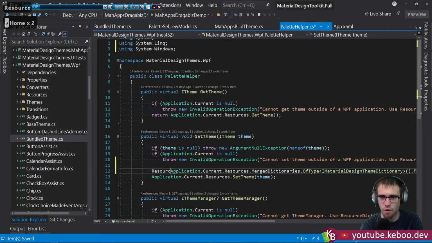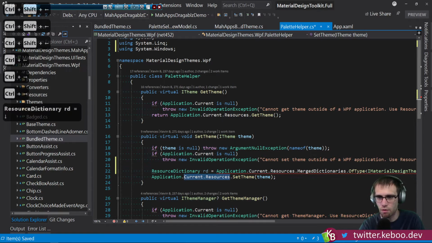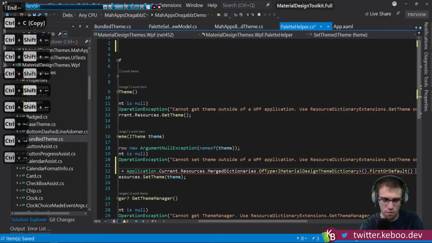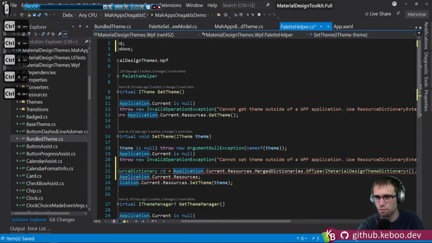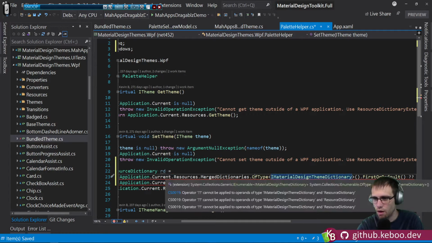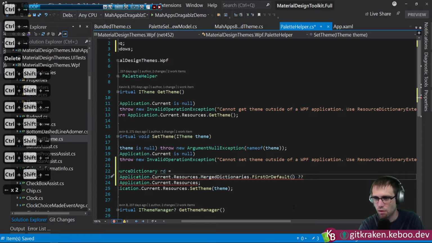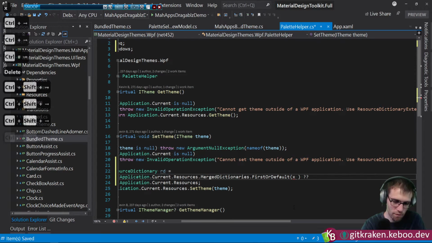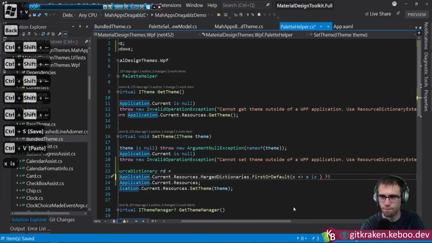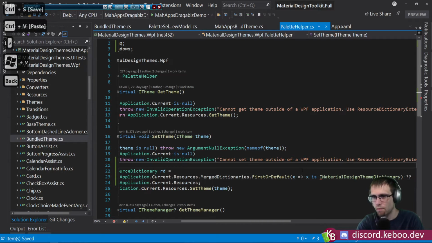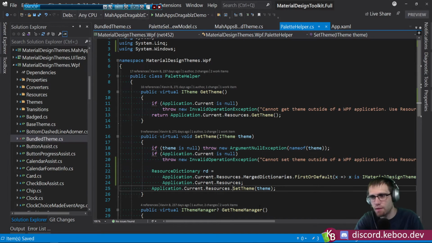Let's see. Resource dictionary. And then we are going to do one of these maneuvers. I guess I can't do of type and then a first or default. But I can do this. X is, boom. Nope, that's not what I wanted. I want that thing. So something like that, and then this guy becomes